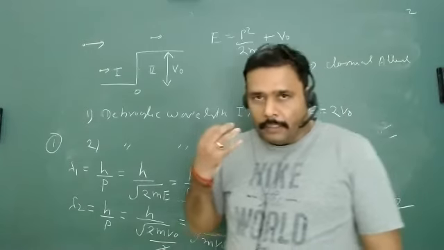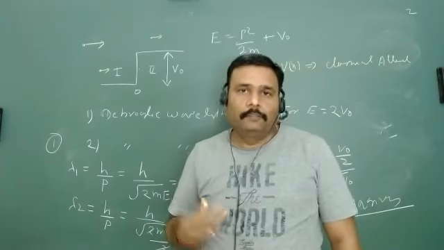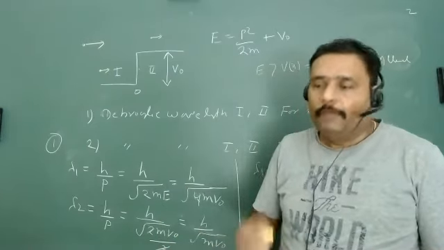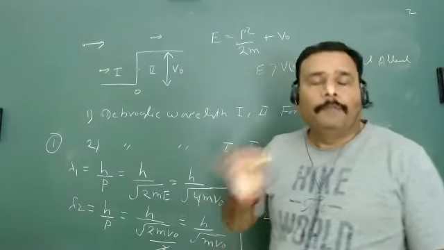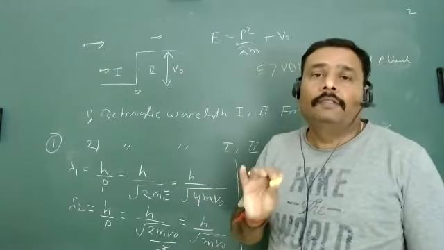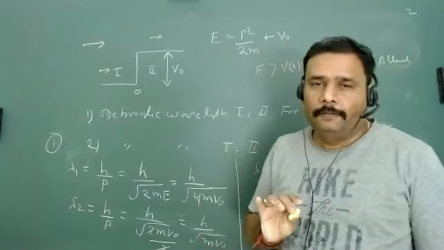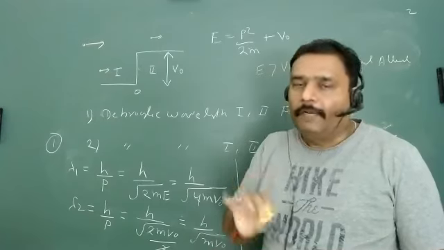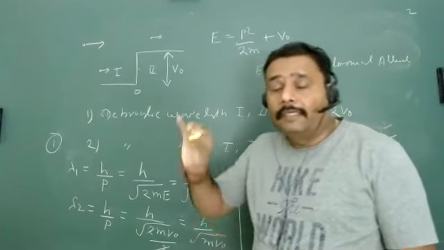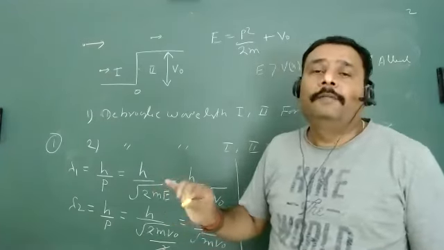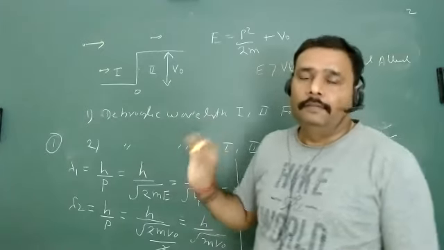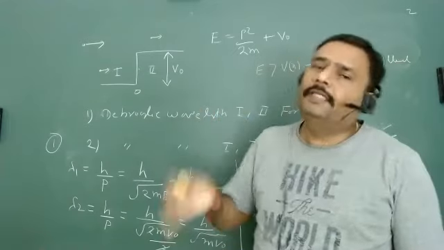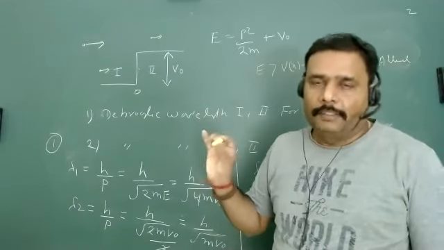So when de Broglie wavelength is associated with the particle, when the particle is moving, I am talking about the classical particle moving. And the de Broglie wavelength is associated with the classical momentum, and that classical momentum is nothing but m into v, where v is the velocity of the particle. It may be relativistic velocity, then you can take m as the relativistic mass.